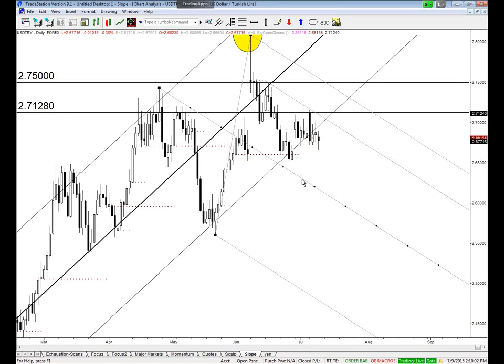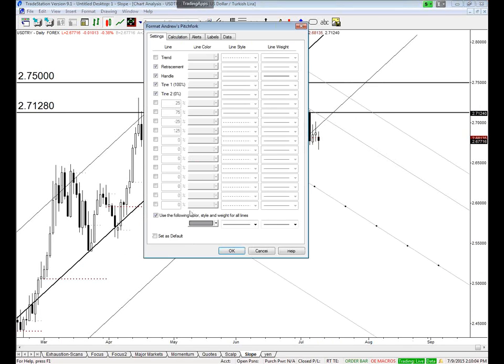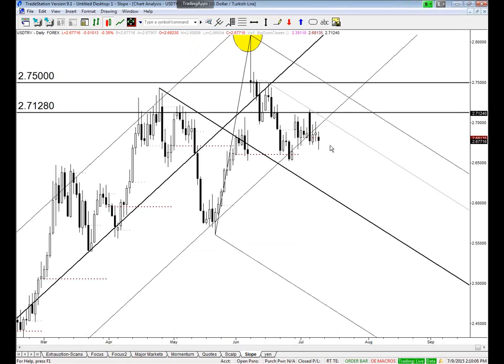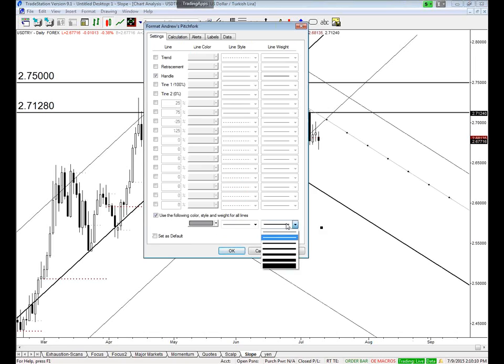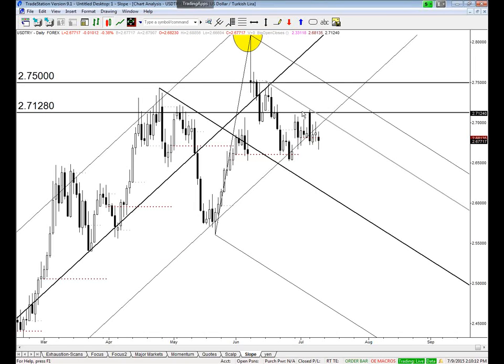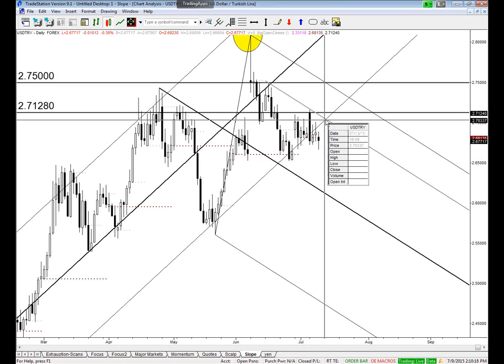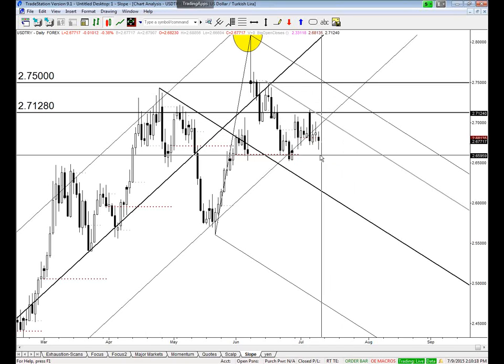Might have something to work with here as far as bearish slope is concerned. Okay, you can see I extended a parallel off of there. Okay, not quite resistance, but pretty close. So maybe you get resistance in dollar Turkish lira or get some sort of a topping pattern,